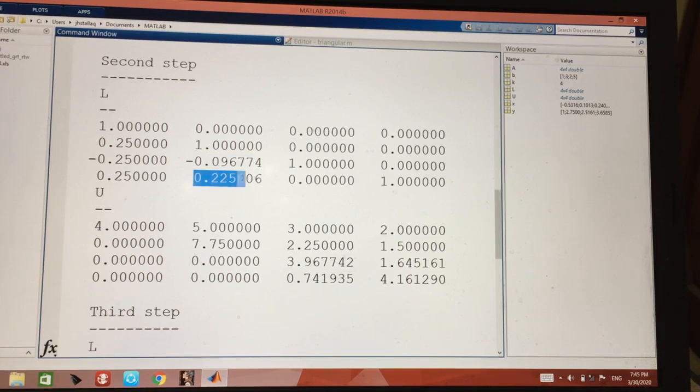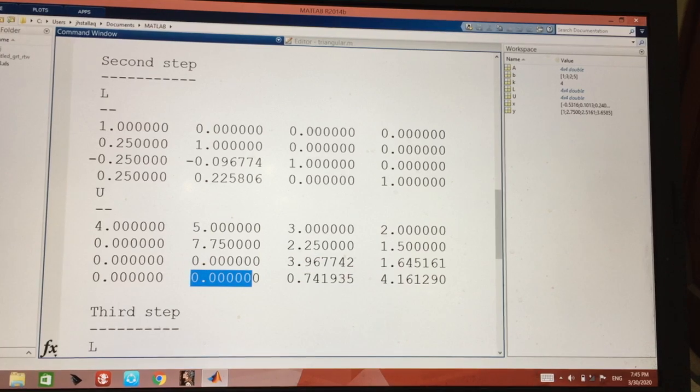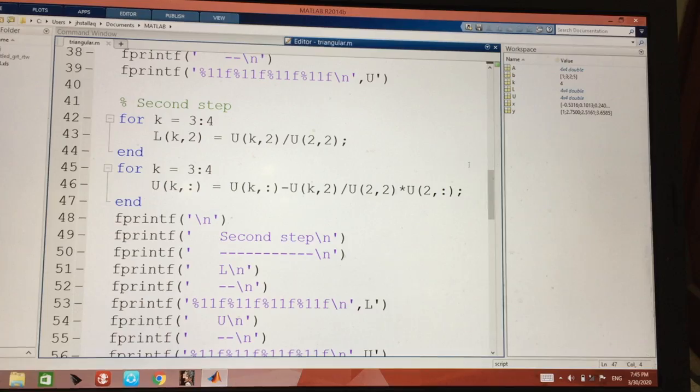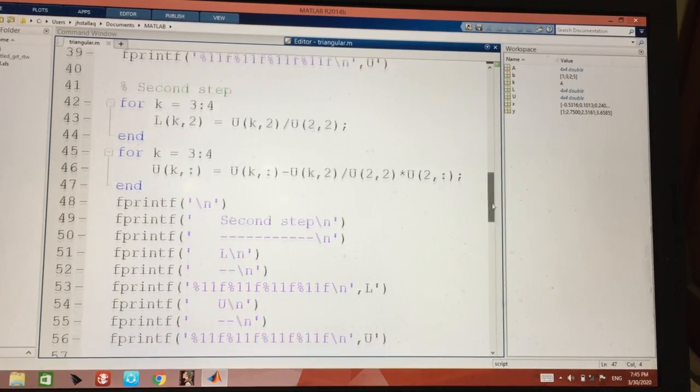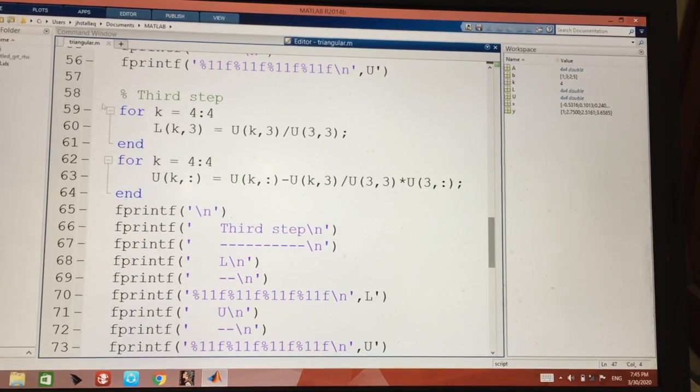It was 0, these both elements were 0, okay, now we fill them, and we modify this, they become zeros, okay, eliminating. And then the final step is we go from 4 to 4, that's the third step, 4 to 4, because we are left with only one element, which is U43 divided by U3. That will fill up the